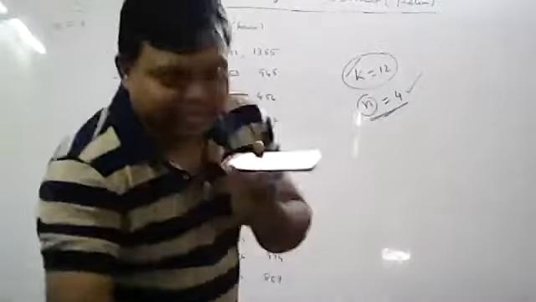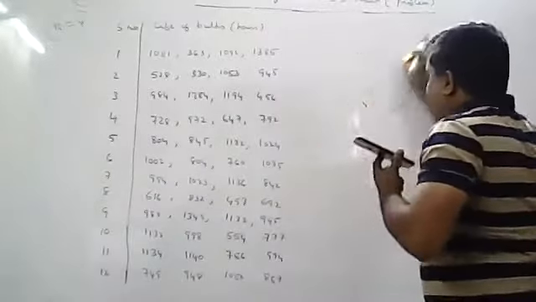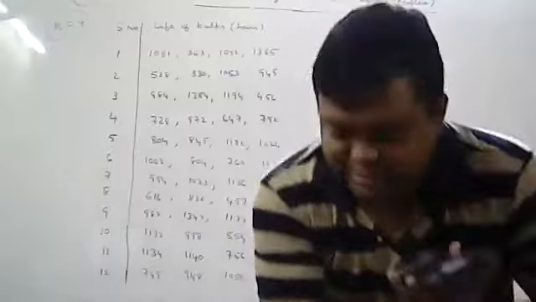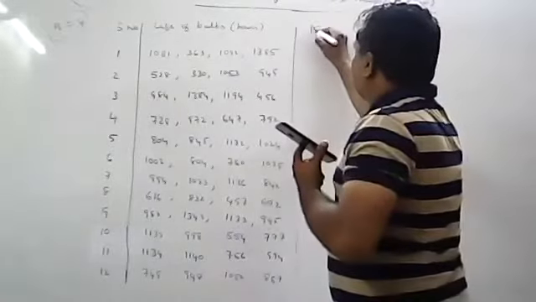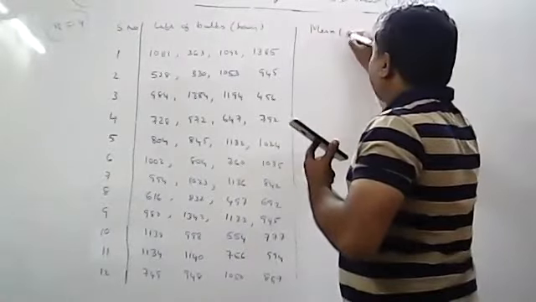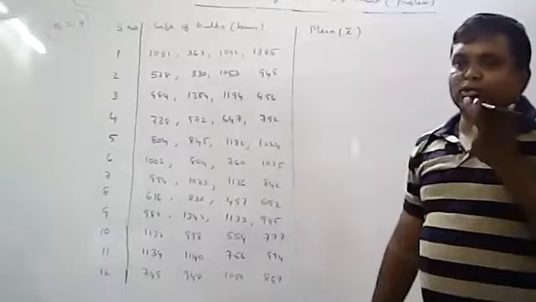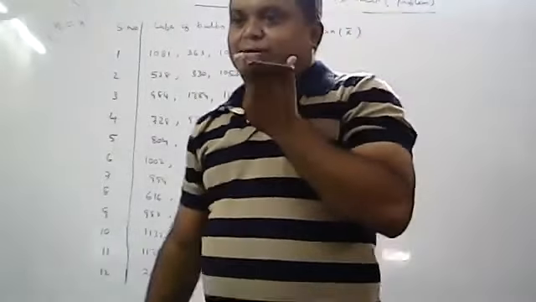So for that, what I have told already, what are the calculations required? Mean is required, range is required, standard deviation is required. So the next column is called mean. So mean values you have to calculate. Mean is nothing but X bar. X bar values are required. All of you know the mean formula. Mean formula is nothing but sum of the observations by number of observations.